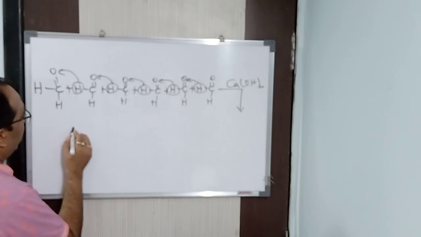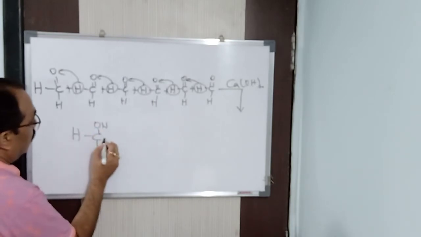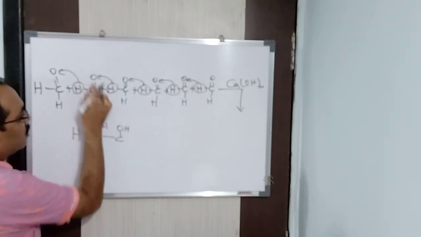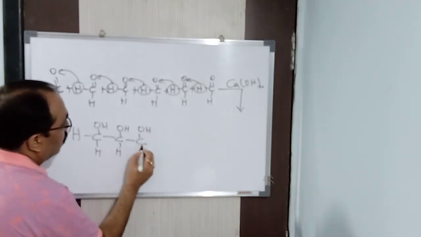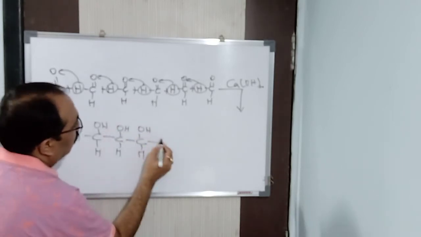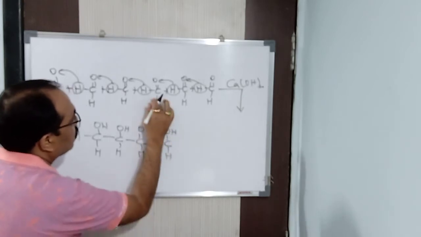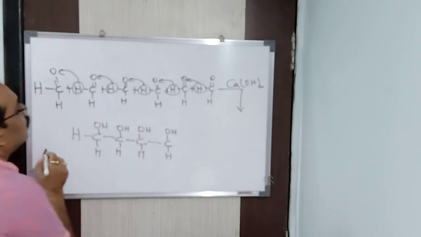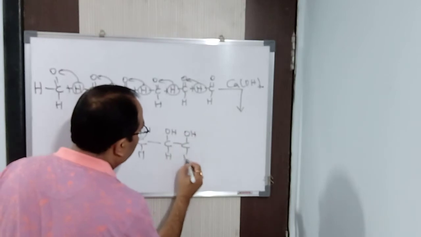So same thing, I am going to write it here. You see the products, HCH, here it is OH, again C, this particular C. H goes here, meaning OH, again it is OH, this H. Got it, this H. Now again C, OH, and this H. Let me write this one clearly. So again it is C, OH, H.